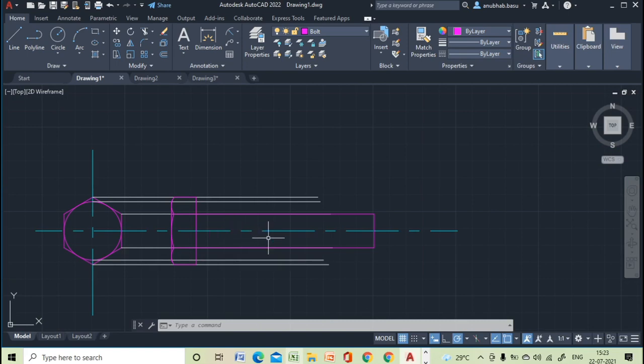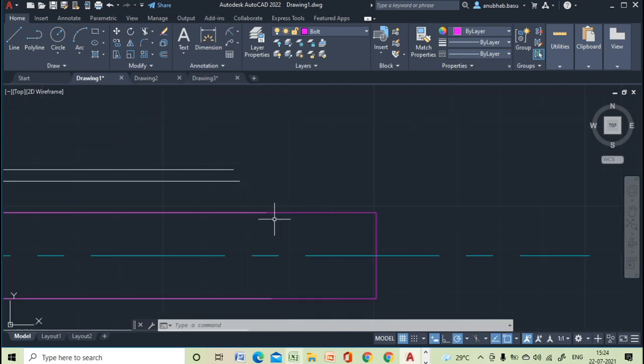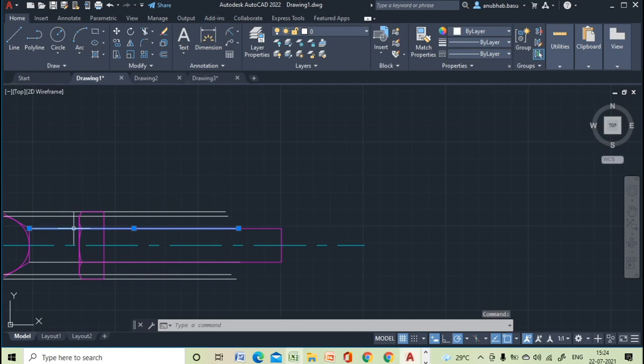So this is the head of the bolt. Now we have to show the external threads over here. Now to show the external threads, how we can show it?